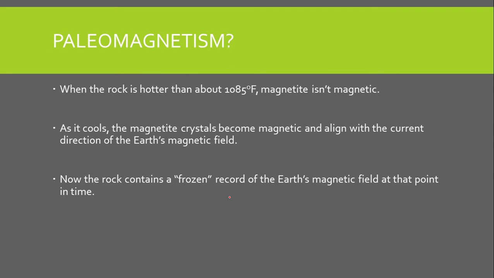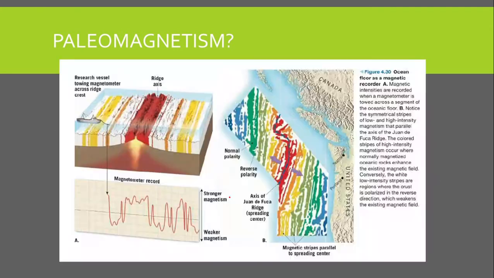And if the rock moves, the magnetite crystals are pointing the wrong way, but we can use that as a record, because we know they used to point the other way. So these crystals are now pointing the wrong direction. They give us a way of understanding that either we've moved the rock or the Earth's magnetic field has turned. So we can do this, and probably the easiest way to see it is